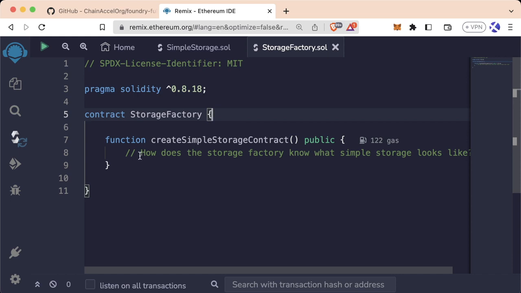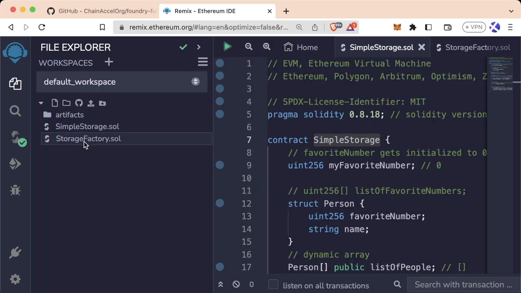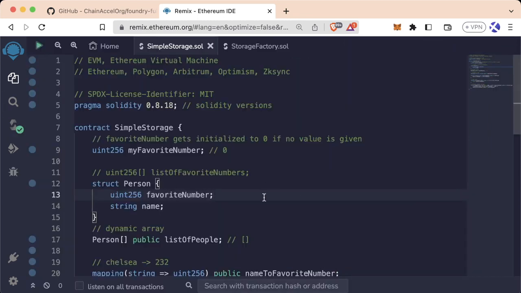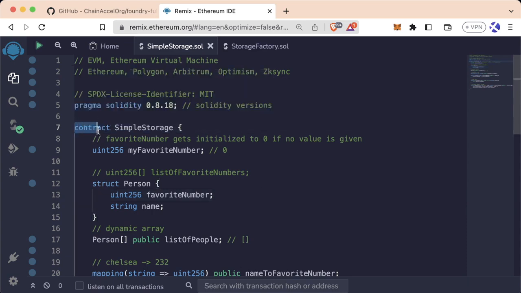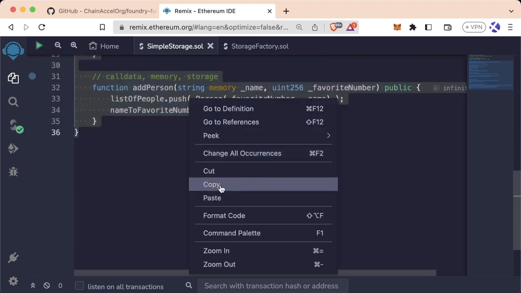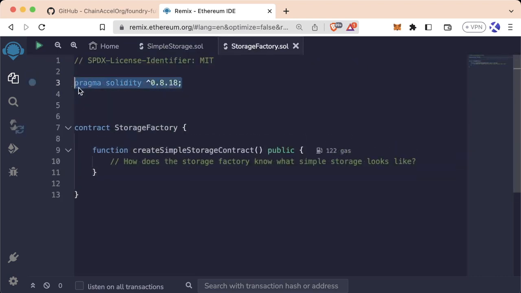But the question is, okay, well, how does the storage factory know what the simple storage contract even looks like? How does this contract know about this contract? How does this contract know that this contract even exists? The first way that we could do this is we could actually go to our SimpleStorage.sol contract and start highlighting from the contract word and scroll all the way down to the end of the contract, copy it, Command C or right click, copy, go back over to StorageFactory, and below pragma solidity, but above contract StorageFactory, paste